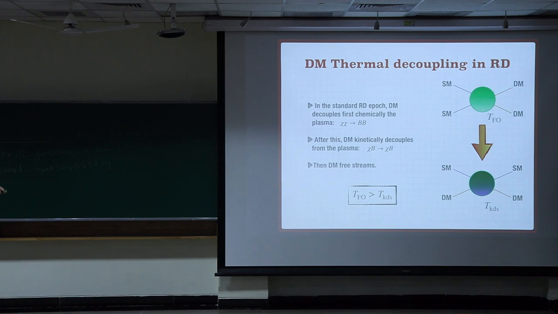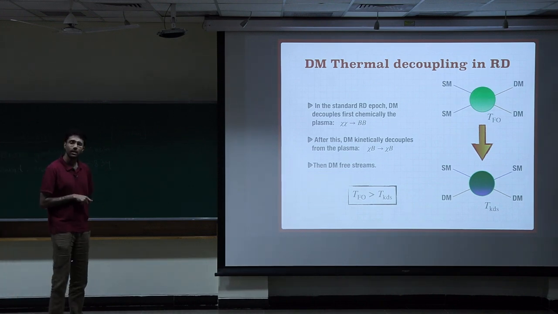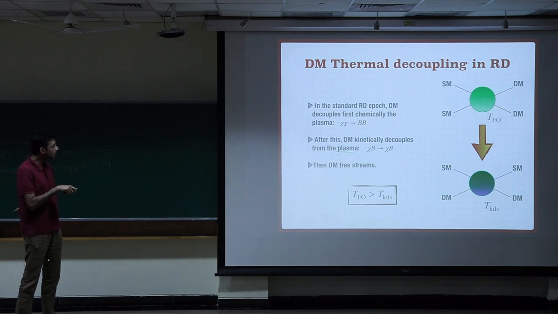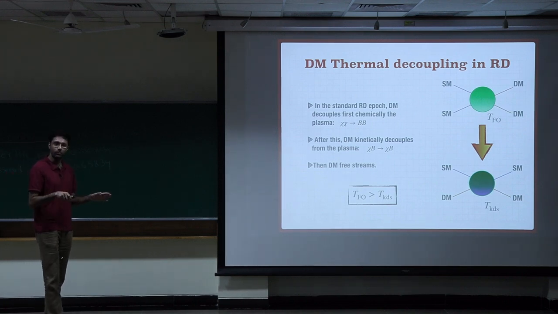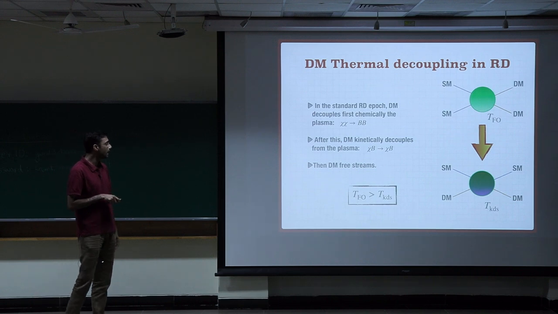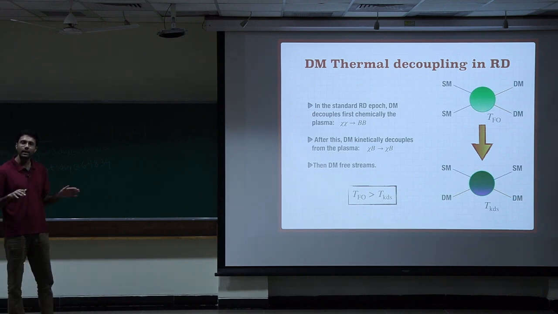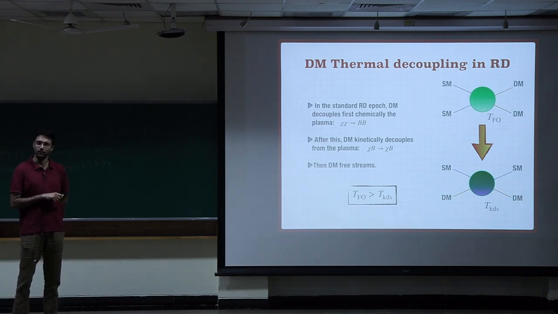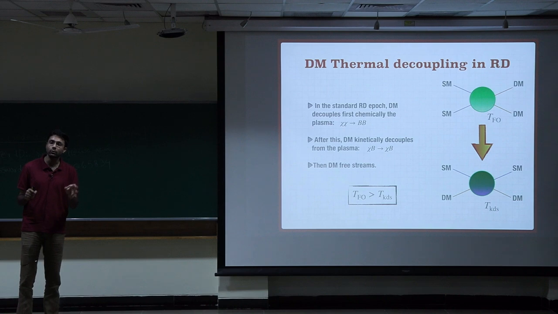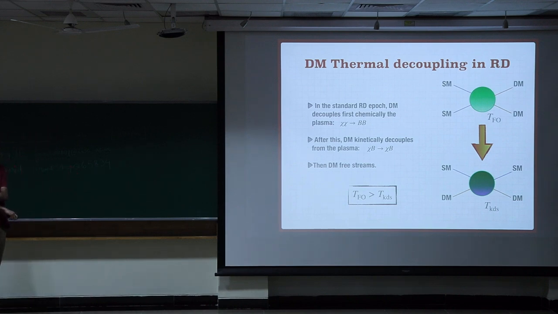But again, as the temperature goes down further to some T kinetic decoupling regime, this channel also stops. So below T KD there is no contact between dark matter and standard model particles, and we call that the dark matter completely decoupling from the plasma. So it was not only the phase of T freeze-out that the dark matter was decoupling, but T KD is actually the decoupling of dark matter from the plasma.